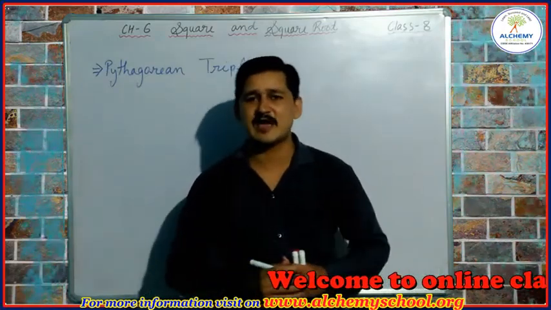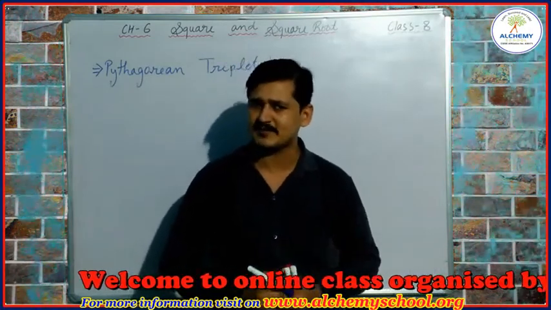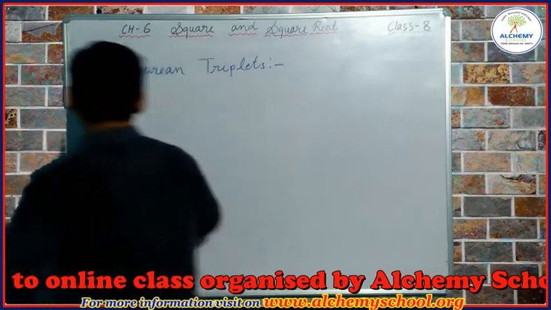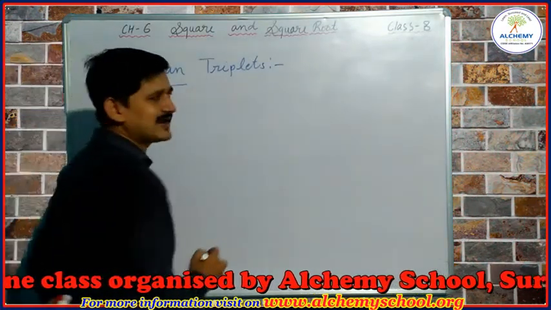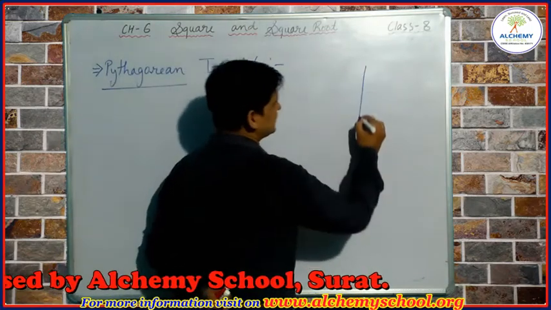In the previous class we completed exercise 6.1. Today we are going to discuss a new topic, that is Pythagorean triplet. When we observe the name, we find that Pythagorean is closely related to a right angle triangle, and we know that in a right angle triangle,